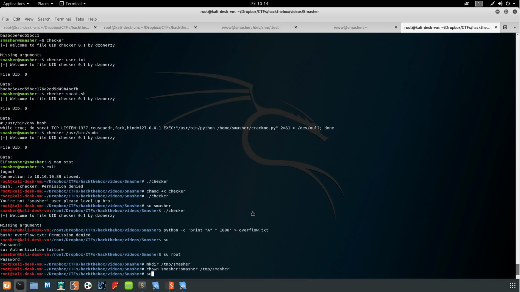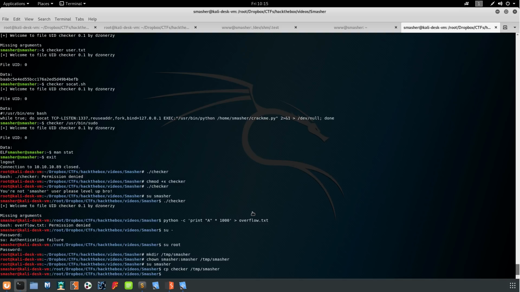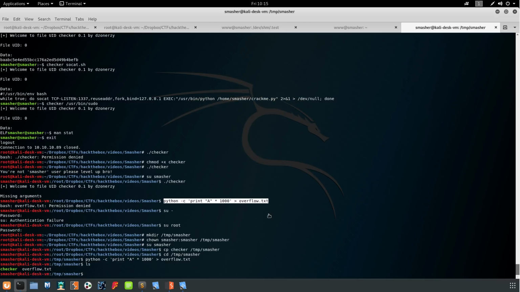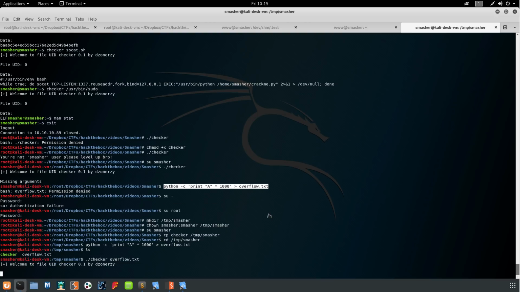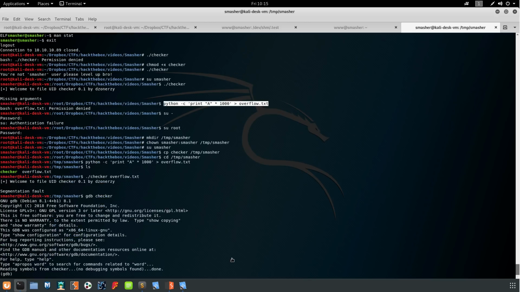Now let's switch to smasher. Let's copy our checker over there. We won't worry about set UIDing it yet. So now if we do that Python command, so now we've got a file to send to it, so we do checker overflow.txt, and we get a segmentation fault. So if we do gdb checker, and we do start overflow.txt,